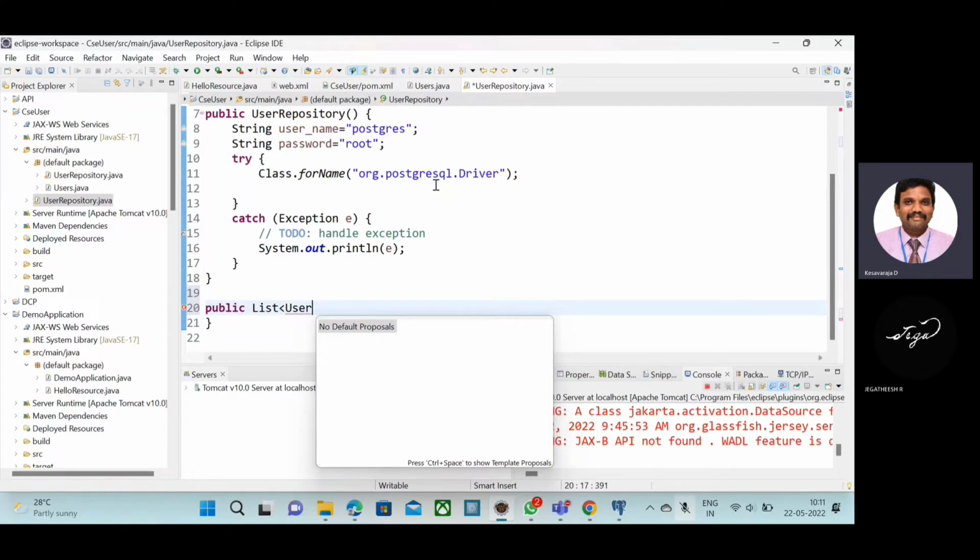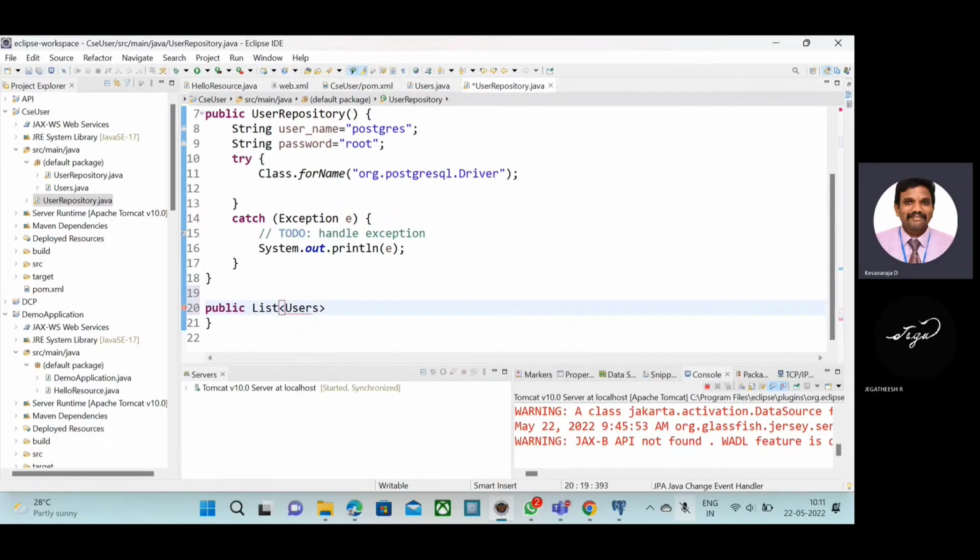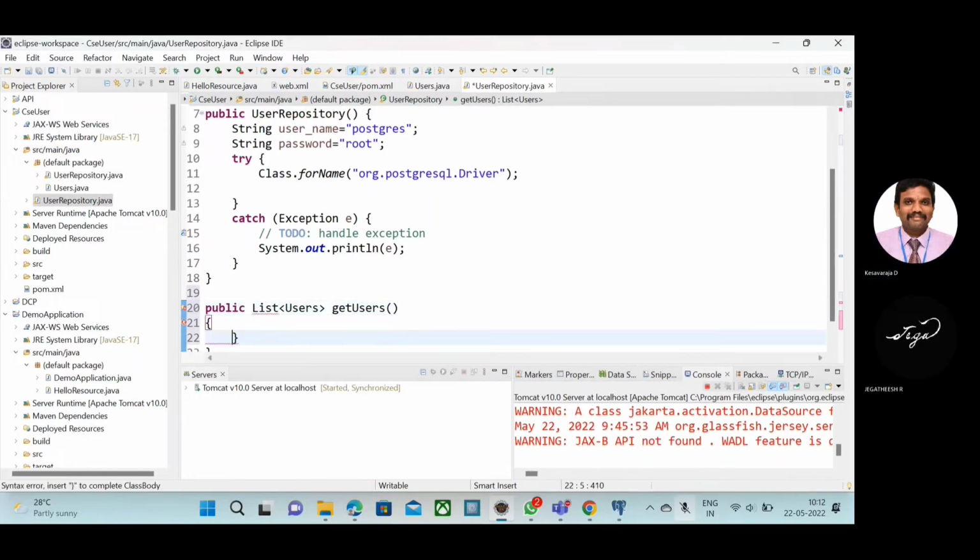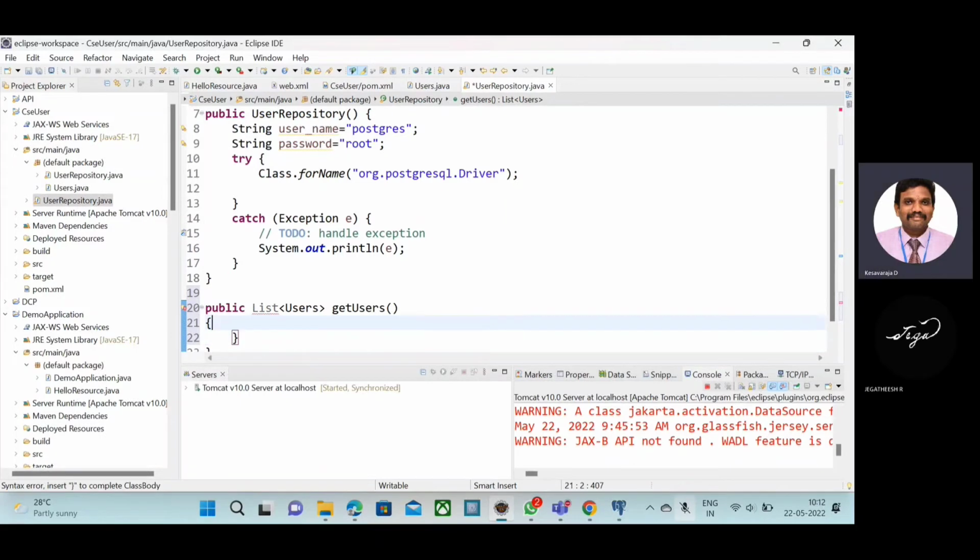So greater than, then space, getUsers. Get underscore, not underscore, Ucaps, users. This is a method for getting all the users from a database. Open parenthesis, close parenthesis, then open curly brace. Inside that, I will create a list,